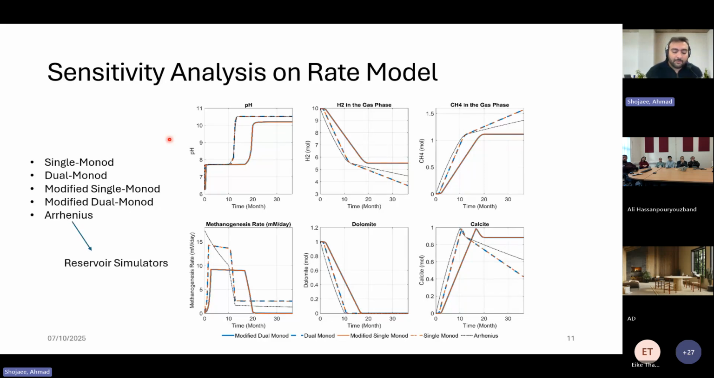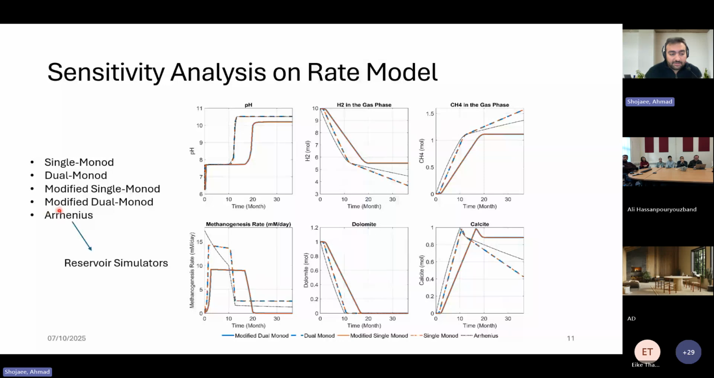We performed another study using that conceptual model with a different rate model for microbial reactions. There is another rate model named single Monod. I showed you dual Monod, the modified single Monod and modified dual Monod. It's the rate model with that pH and temperature modification I showed you. Our model is working with this rate model, but we wanted to do a sensitivity analysis on rate of reaction